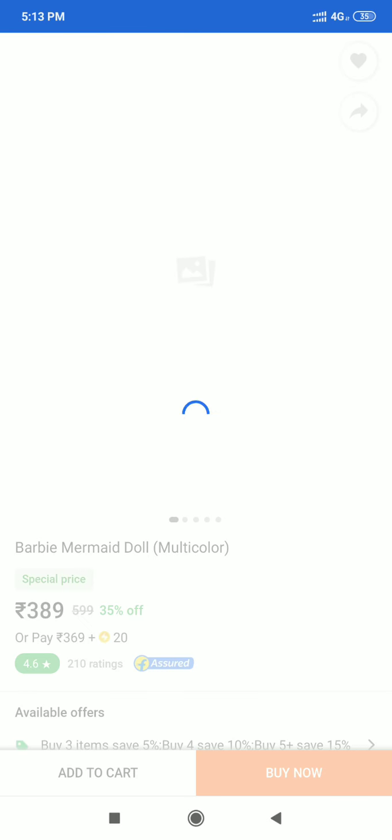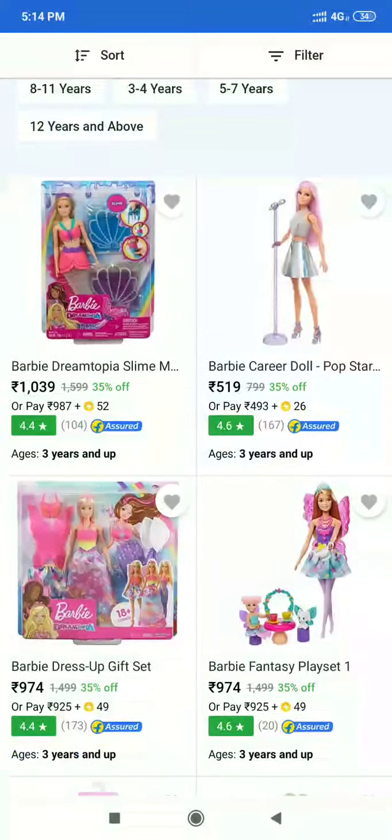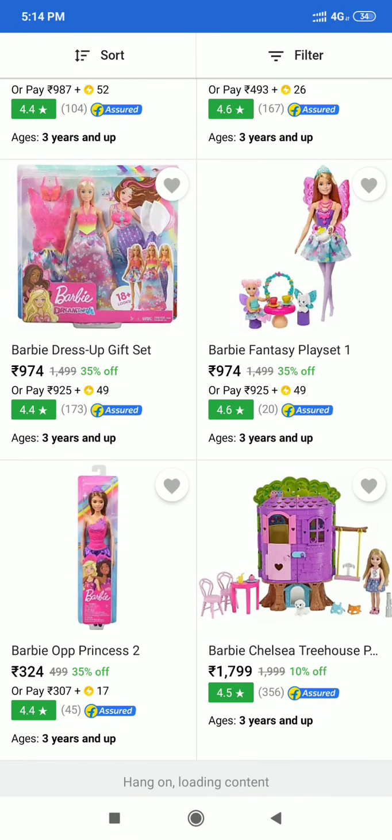And if it says hurry, only 1, 2 or few left, like that it will be given. It means that there is not much of the product, so you have to buy it quickly. Otherwise you can't get it, because it has a chance to become unavailable.